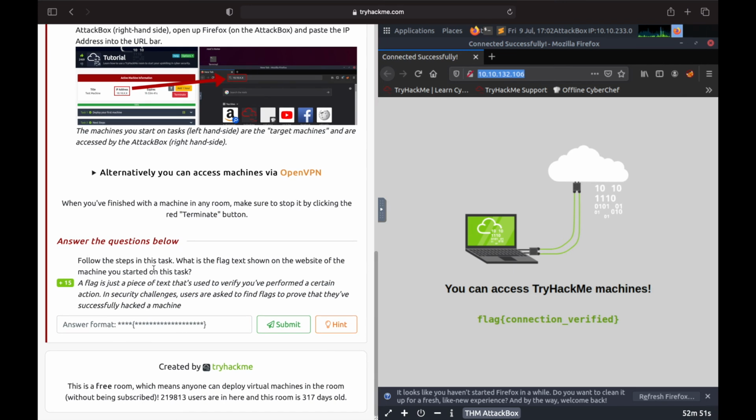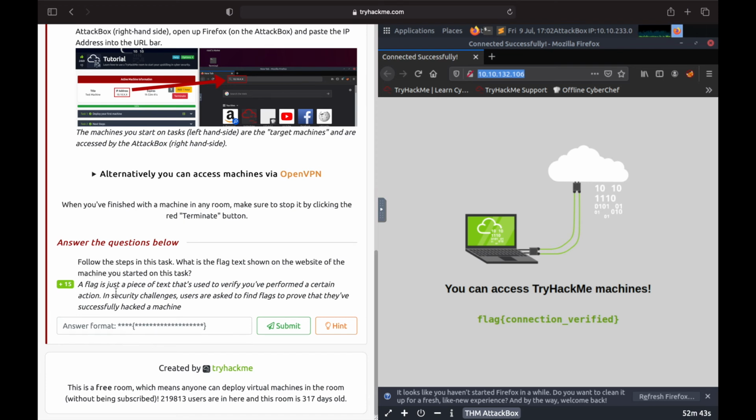Now we'll answer the following question. Following the steps in the task, what is the flag text shown on the website of the machine you started on this task? You'll get plus 15 points here. A flag is just a piece of text that's used to verify you have performed a certain action. In security challenges, users are asked to find flags to prove that they have successfully hacked a mission.